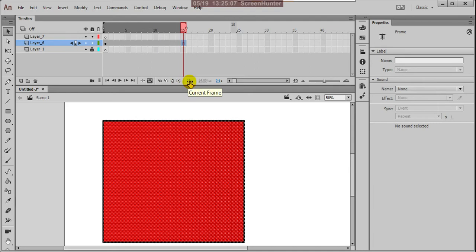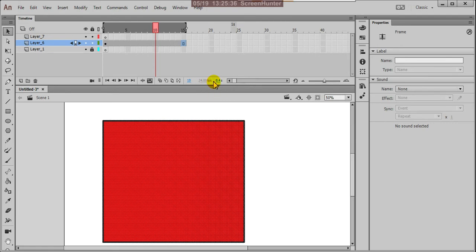And here it is showing the current frame. See, your cursor is at 15, so here also it is showing 15th. So this is the current frame. Suppose here you type 10, your cursor moves to the 10th frame. And here it is showing the frame rate, so 24 frames per second.